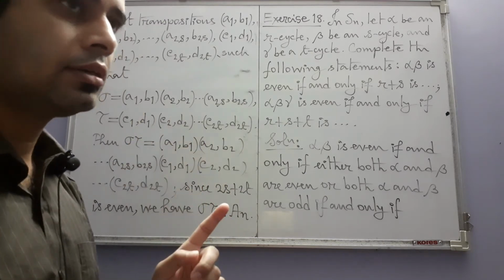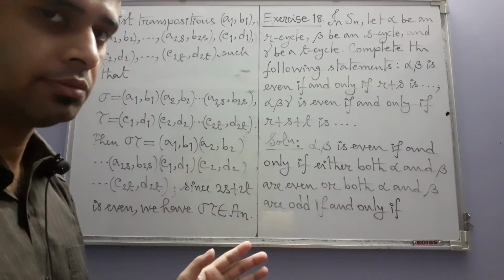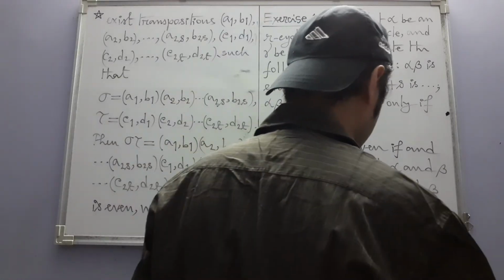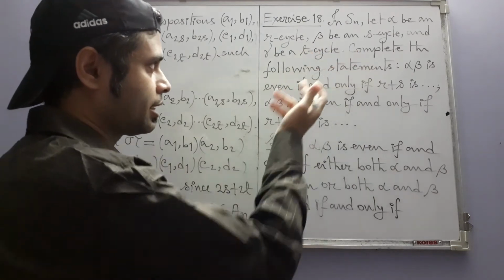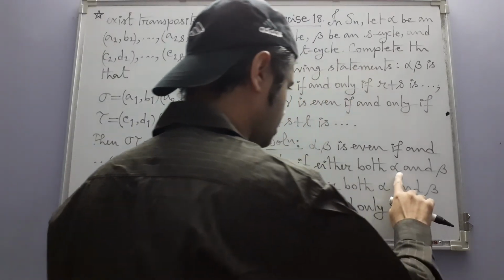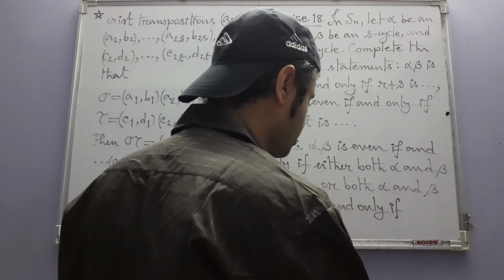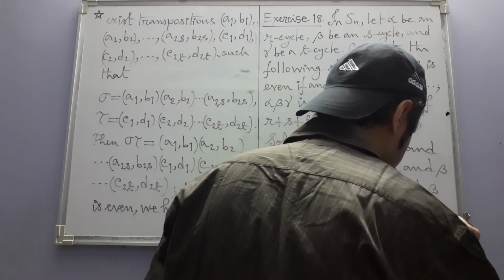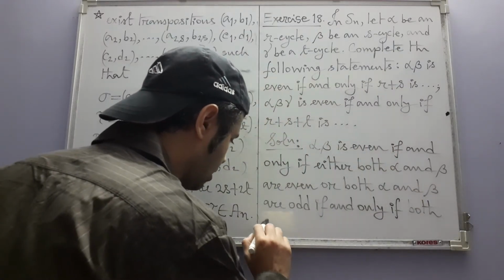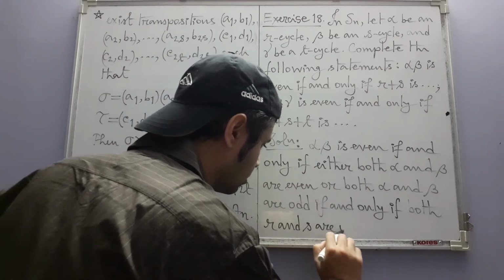Alpha is even if and only if R is odd. Just like that we have the S cycle beta. Alpha and beta are both even if and only if both R and S are odd,